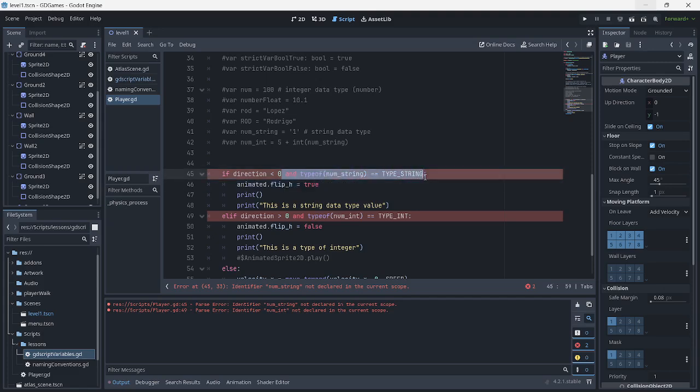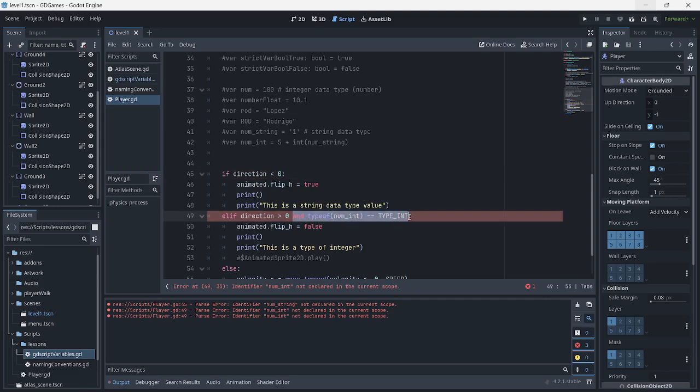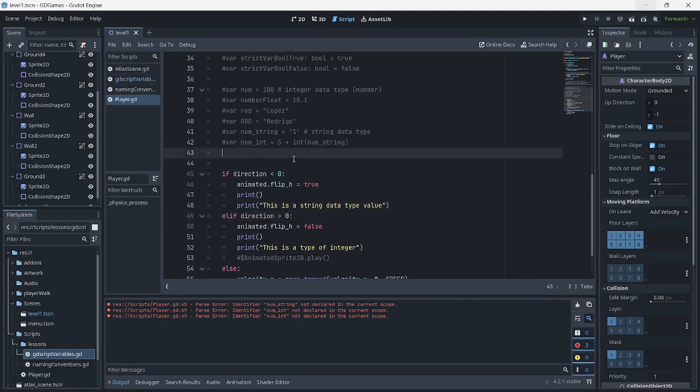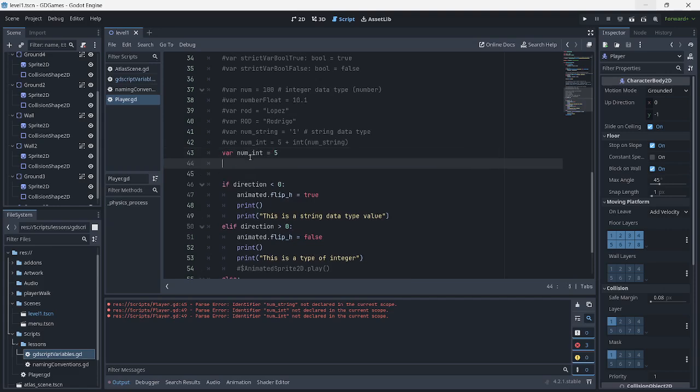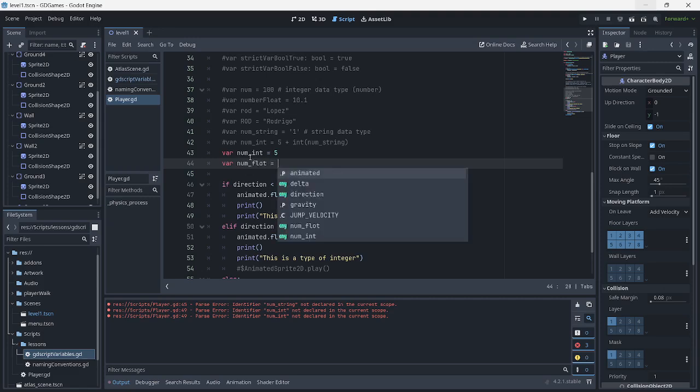I'm just going to remove this here so that we will have no conditions besides the directions. And I think we're good here. We want to declare a num int, for example, and we assign that a value of 5, and a num float, and we assign that a value of 2.5.